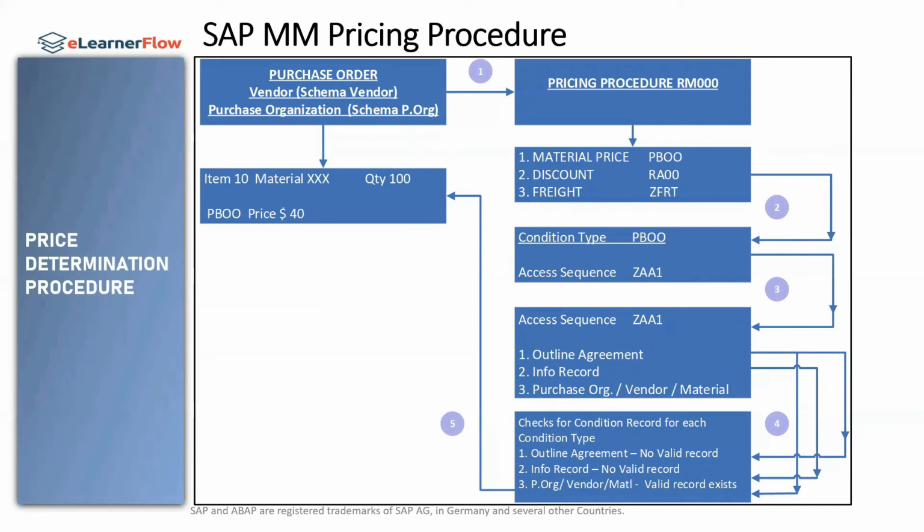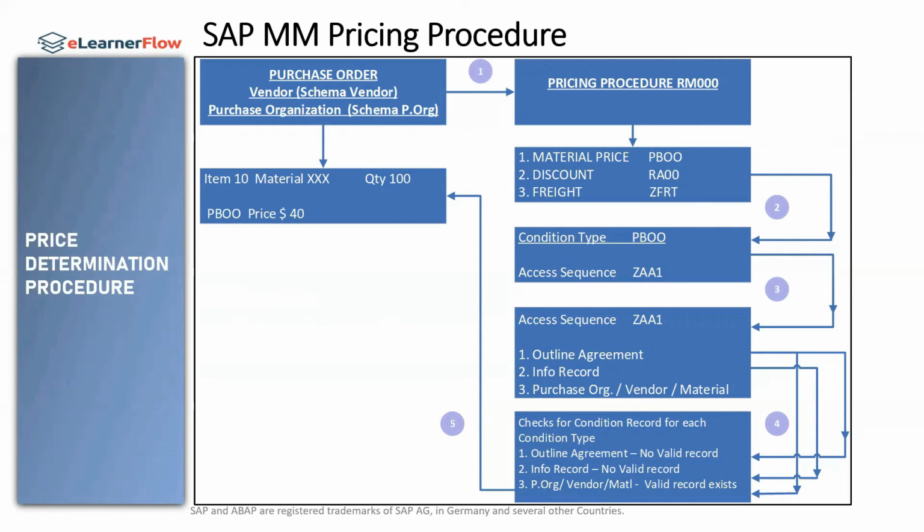Say, for example, in our configuration, we have set up an access sequence called ZAA1. Now, using this access sequence, the system will go and look at different condition tables. Say, for example, we have set up the first search in the access sequence for an outline agreement and defined a relevant condition table. The system will go and check for the condition record for that outline agreement in that particular condition table. If it doesn't find, then it goes to the next step